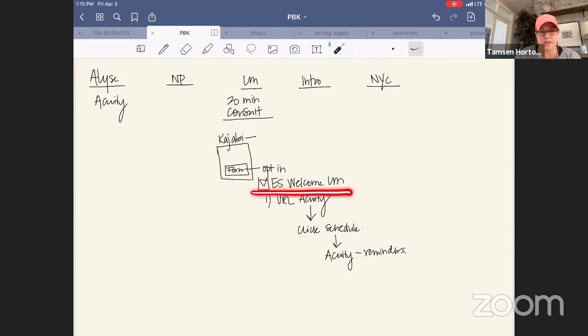In this sequence, you might have emails 2, 3, 4, and 5. Those emails will have their own purpose, their own call to action, leading to the sales intro, wherever you decide to pop that into the sequence.